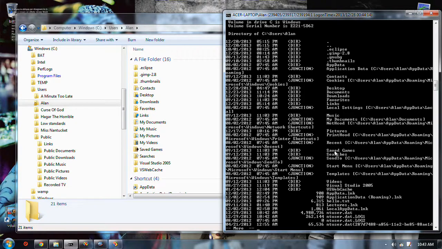Application data, these are junctions that are hidden. Start menu, is that there? No, it's not there. Now, My Documents is a junction, but it's not hidden. I know that that's actually just Documents.